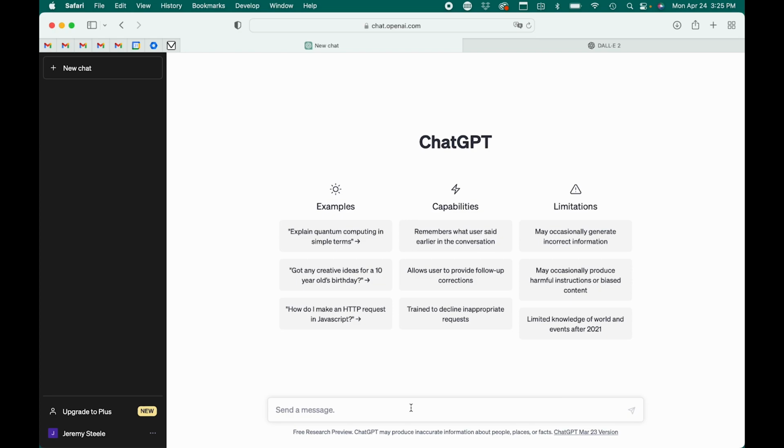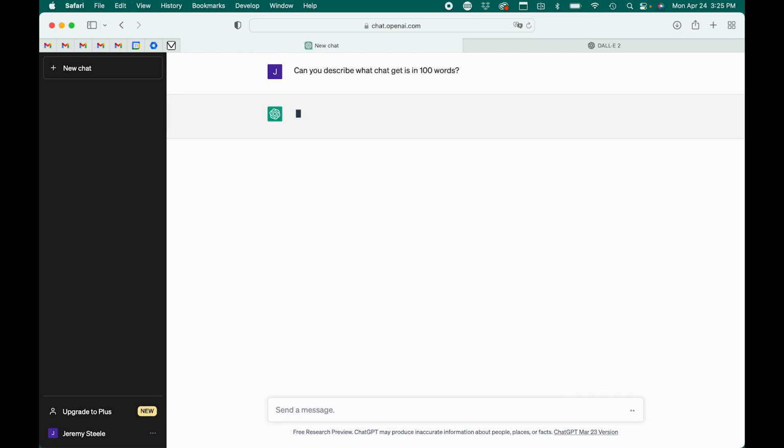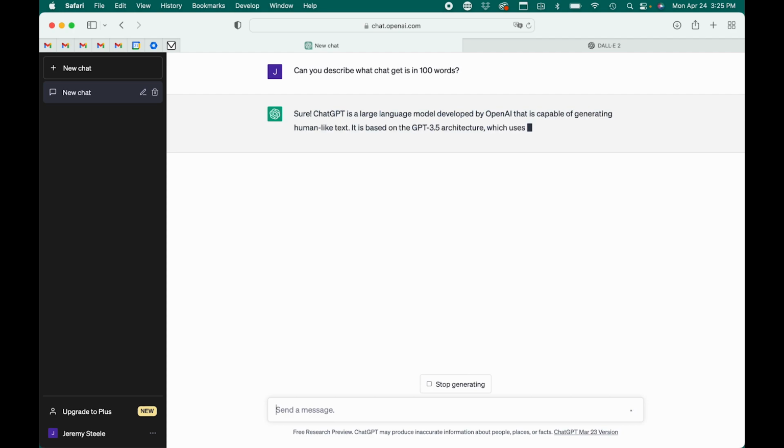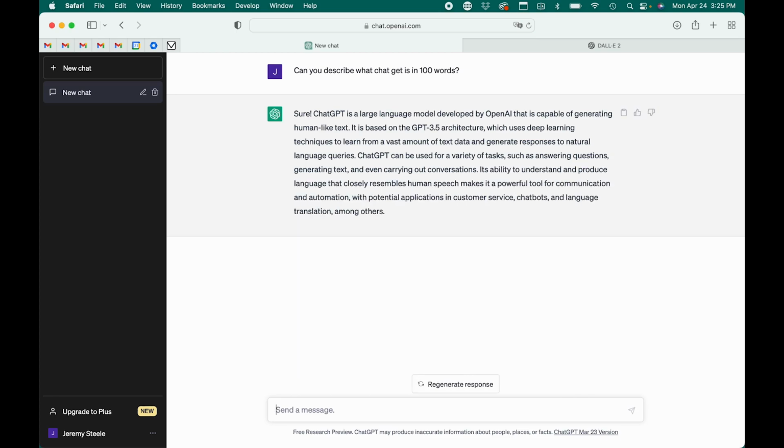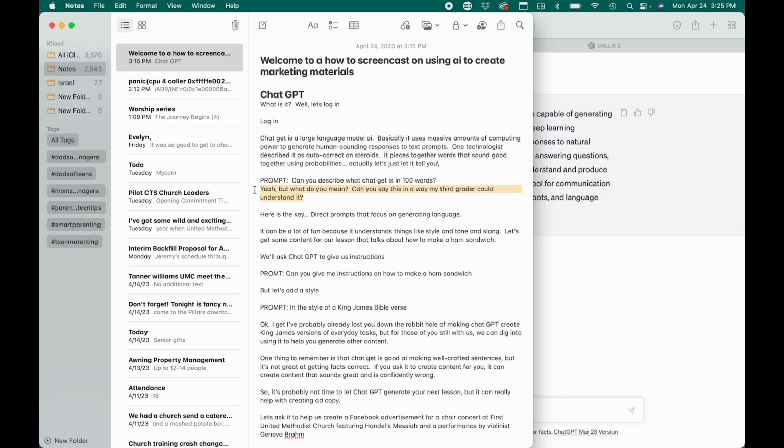We're going to ask ChatGPT if it can tell us what ChatGPT is in 100 words. It says ChatGPT is a large language model developed by OpenAI that is capable of generating human-like text. It is based on the GPT 3.5 architecture, which uses deep learning techniques to learn from a vast amount of... I'm already confused. But don't worry, ChatGPT is aware of all kinds of different things, including styles and comprehension levels,